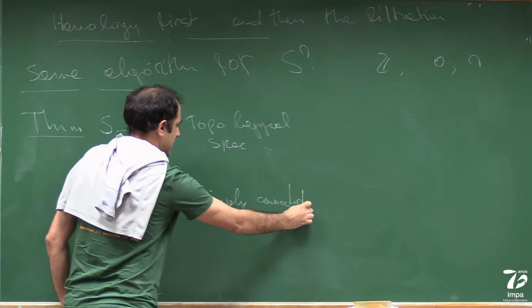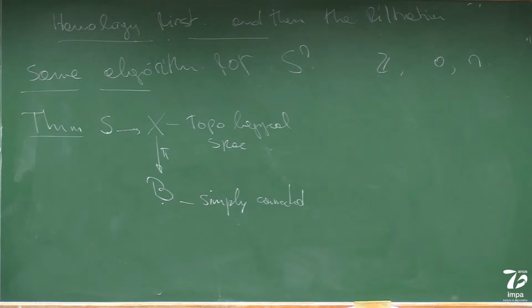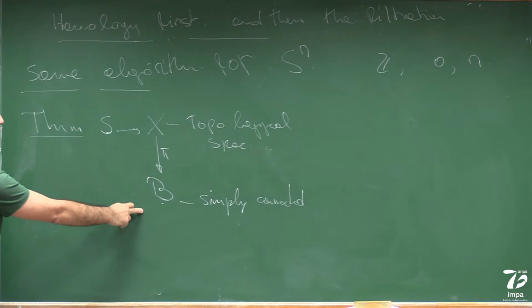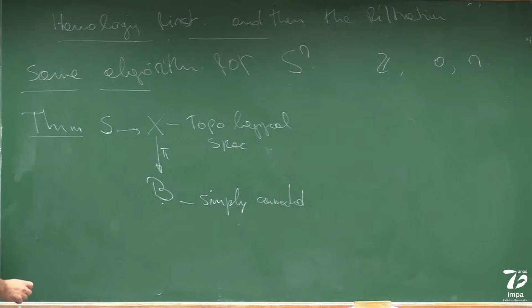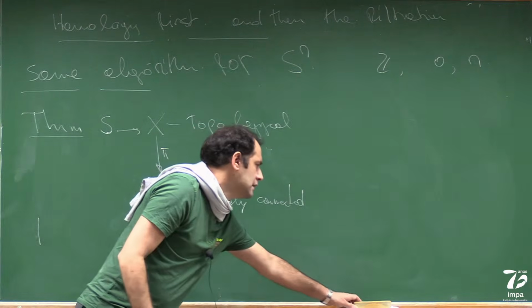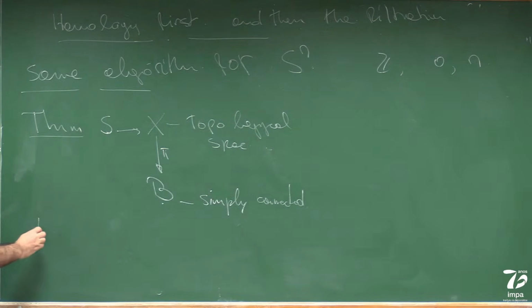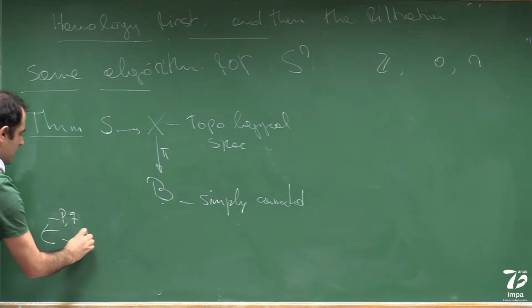I think I'll prove exactly this fact the next class. But whenever you are in this situation, you have a spectral sequence that converges to the homology of X. Let's suppose everything is compact, so the homology is nicely defined. And so you have singular homology well defined. So you have a spectral sequence whose E2 term is H_q.